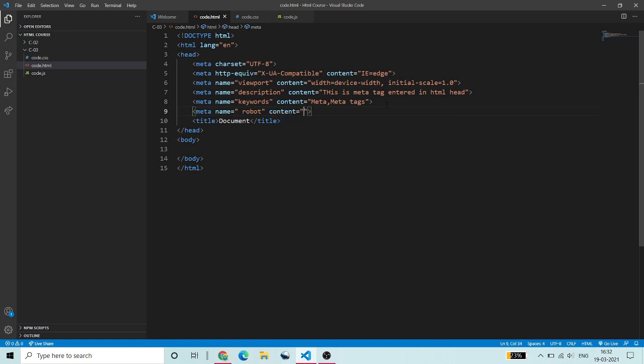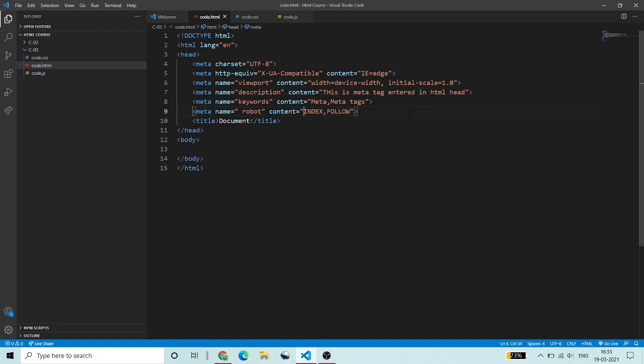If I write inside this content noindex, nofollow, the Google will not show our website when the people search. So generally we use follow and index, meaning it should index our website when the people search.